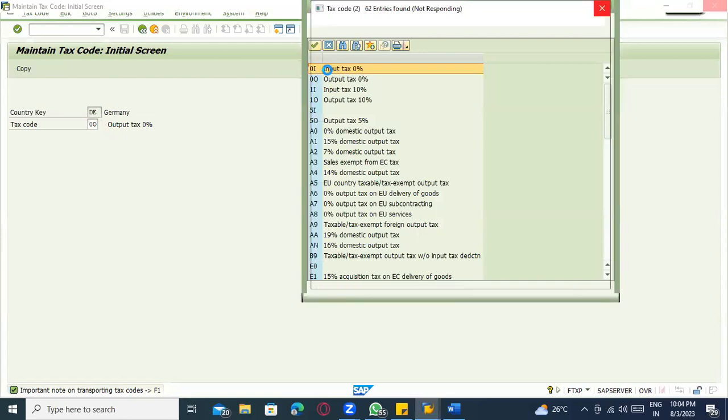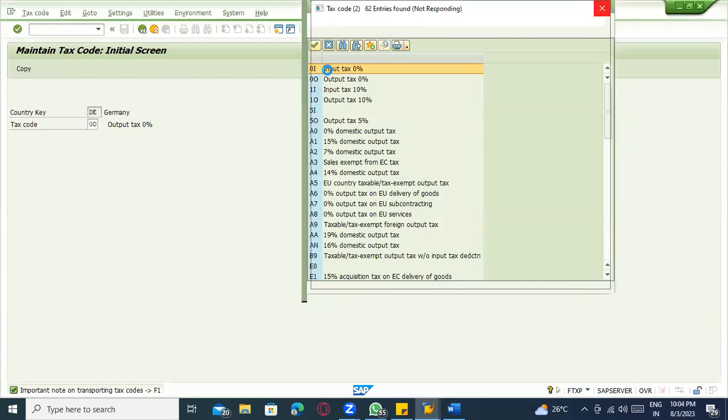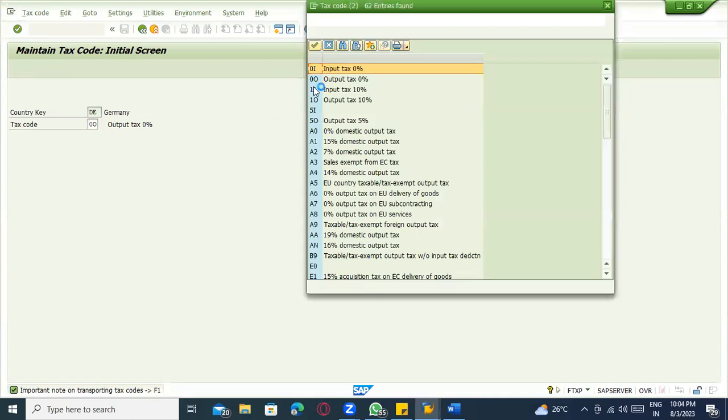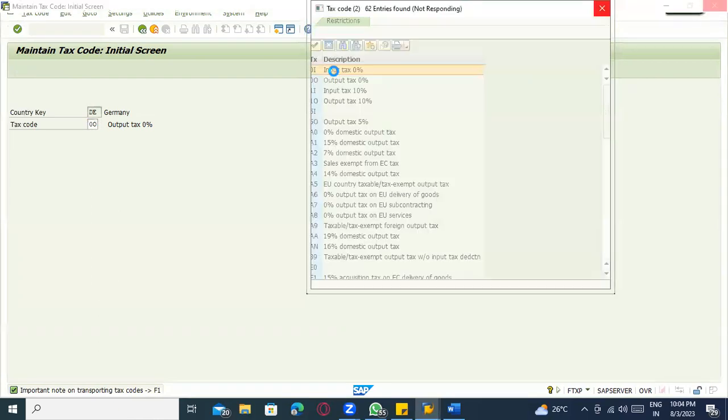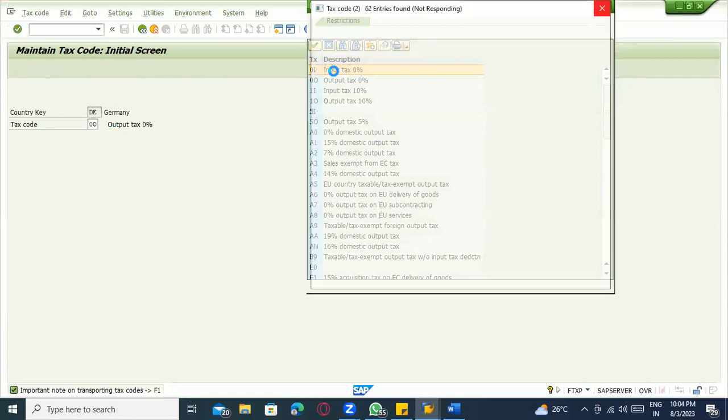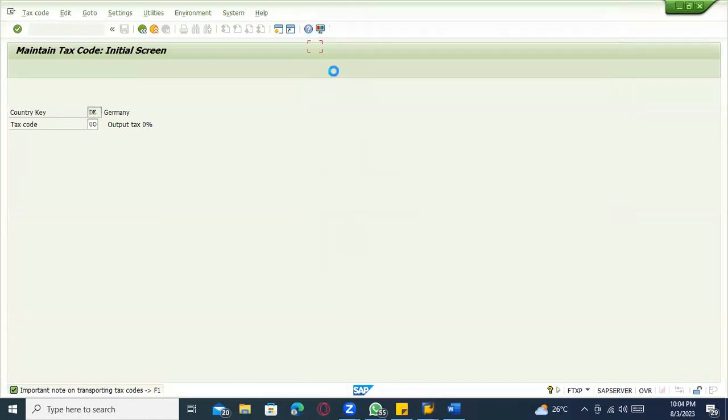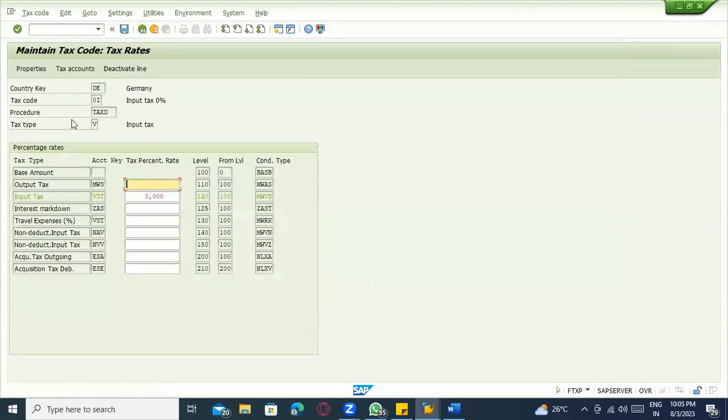So if you can see here 0I, if I enter 0I inside the tax code, and go inside, the pricing procedure which is coming.